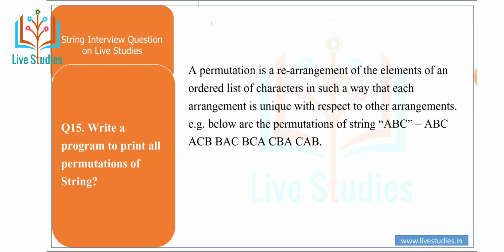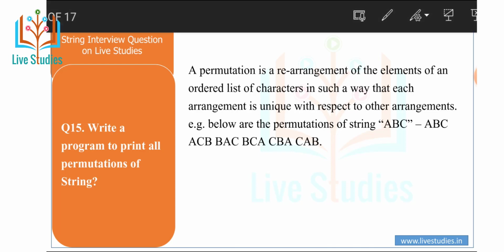For example, the permutations of the string ABC are ABC, ACB, BAC, BCA, CBA, and CAB. For example,